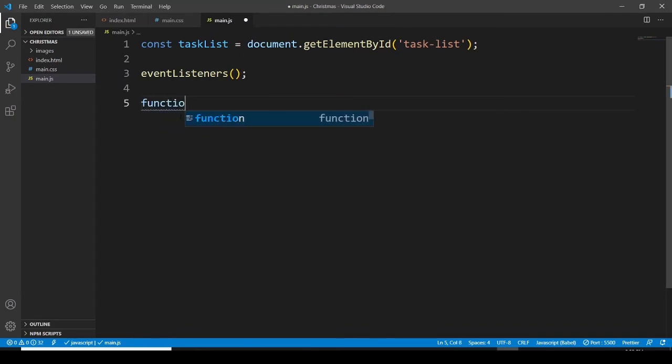So the function name is event listeners. Okay, I want to copy and paste this here. I'm not going to pass any kind of parameter to this one, but what I'm going to do, I'm going to